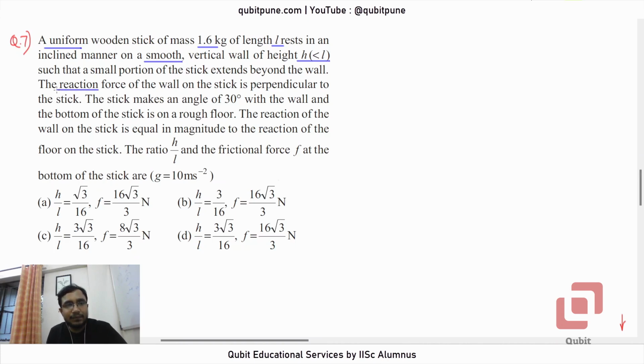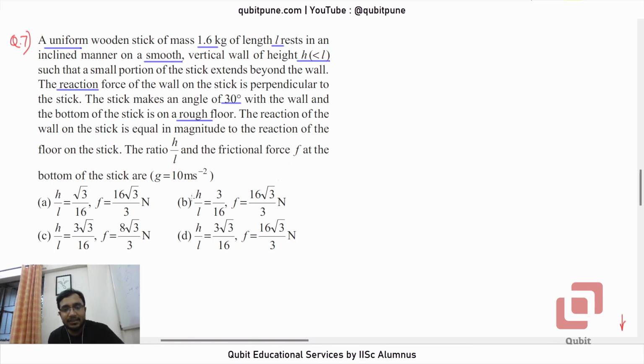The reaction force of the wall on the stick is perpendicular to the stick. The stick makes an angle of 30 degrees with the wall and the bottom of the stick is on a rough floor. The reaction of the wall on the stick is equal in magnitude to the reaction of the floor on the stick. The ratio h upon L and the frictional force F at the bottom of the stick are,